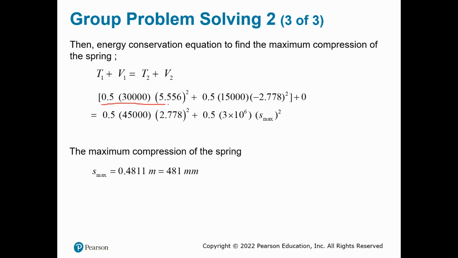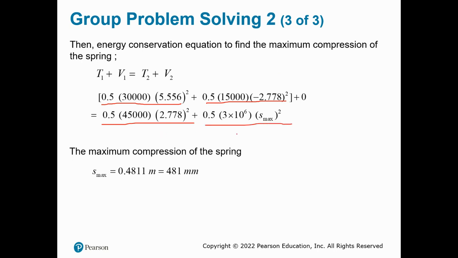Initially, I have kinetic energy from A, kinetic energy from B, and there's no compression on the spring, so there's no potential energy. But afterwards, they move together. See, 45,000 is 30,000 plus 15,000, right? So these two stuck together give the total kinetic energy, plus